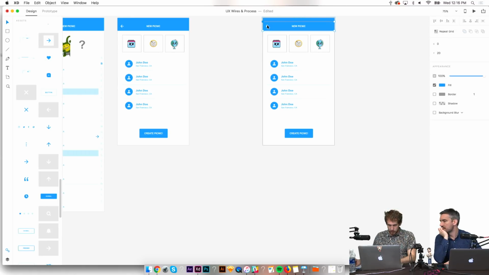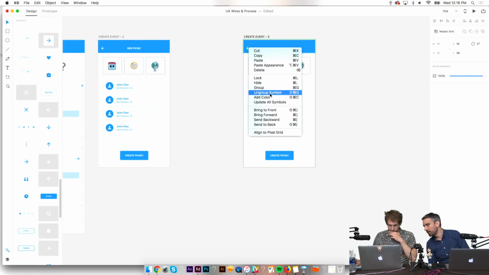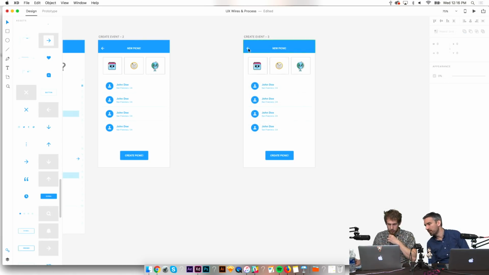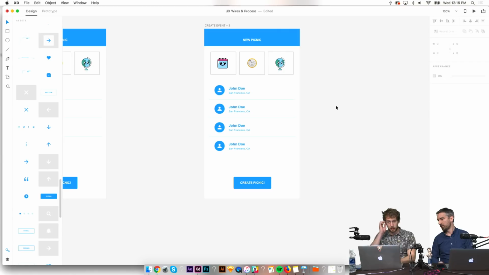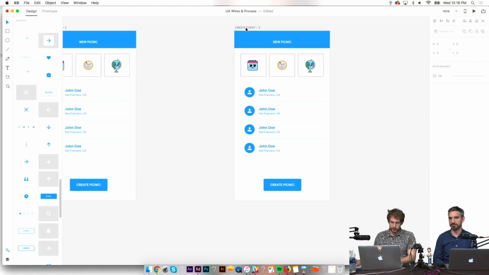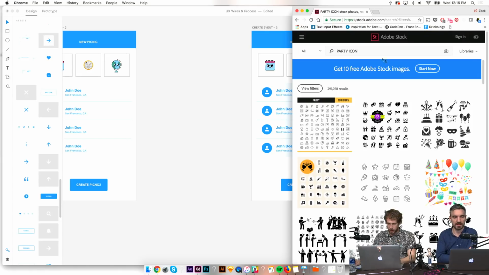whenever I delete this, it deletes them all on all the pages. Oh yeah, it's a symbol. Is that just because it's a symbol? You can right click and ungroup or break the symbol. Oh, okay, got it. Instantly. Cool, nice. Yeah. So when you select something and there is a green stroke, it means that you are manipulating the symbol. Gotcha. Okay. So there's all these details about the picnic, but we could probably summarize that with